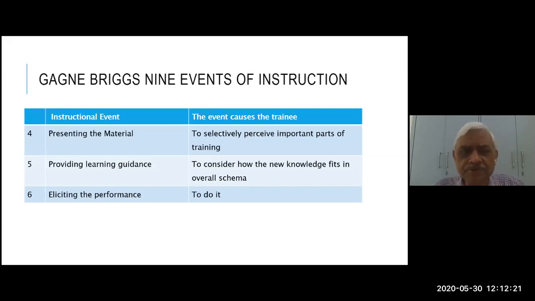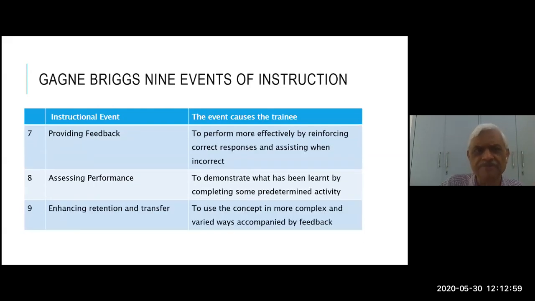The next what we do is, we start looking at how do we use it, and how we use it is that you start eliciting the performance from them. So now you have to have an activity or something where they start using it, or the trainee will be doing it, right? So from cognitive to now that part. Now here we are not talking of an experiential exercise. We are just saying, okay, that's something to be able to use it. Now we come to next.